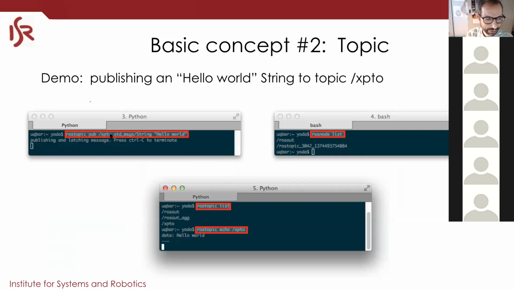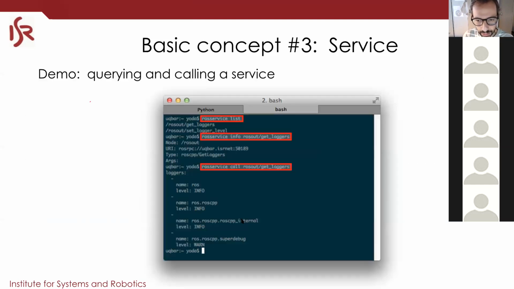It is not really necessary, but when you want to make sure that this topic is on the root of your hierarchy, we put the slash something there. So this slash is doing nothing in this example. I could do ROS topic echo without the slash and it will get it, because slash is the root.